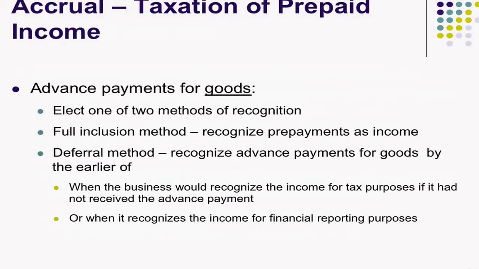So the deferral method says when we start to recognize, and remember, under the accrual method, we're kind of conservative and we're saying, okay, we are going to try and push off the recognition of income. So it could be a while before that income is recognized on our books, and the IRS isn't going to wait that long. So when you would recognize that income for tax purposes, if that's earlier than when you recognize it on your books, that's when you pay taxes on it. A little confusing, I know. We're in a part of Chapter 9, you guys, where there's a lot of rules and regulations, and I don't want you to get bogged down in the weeds, because it's easy to do.